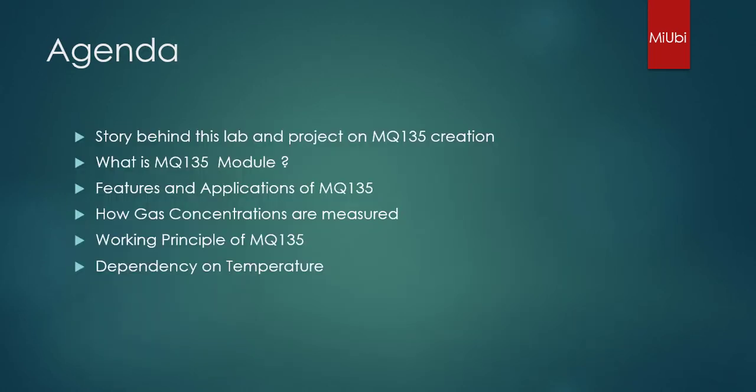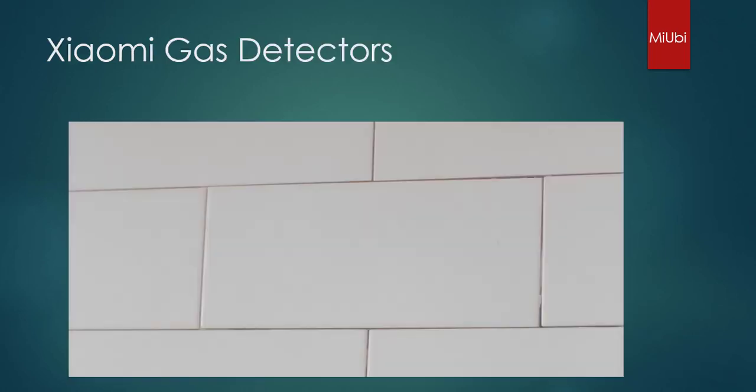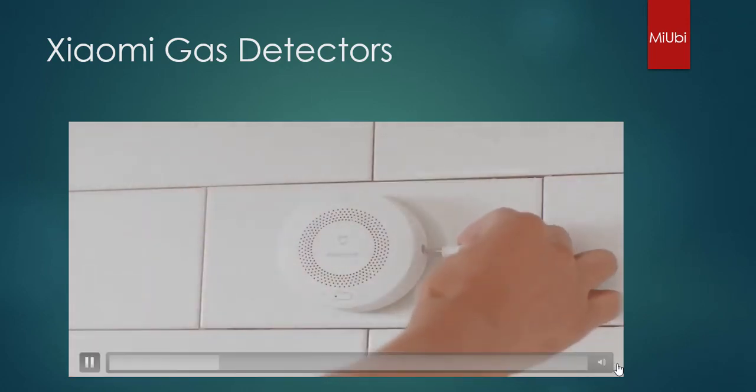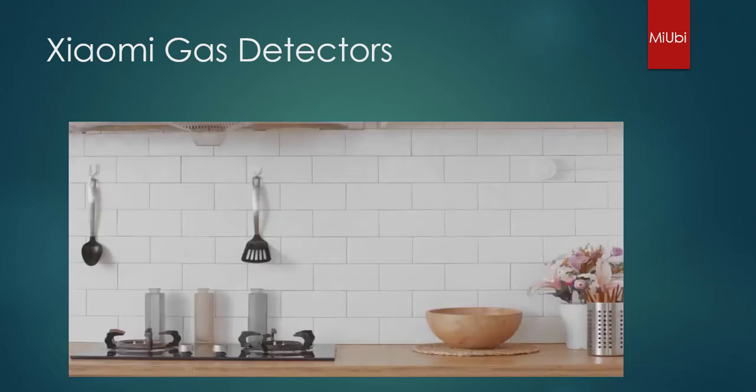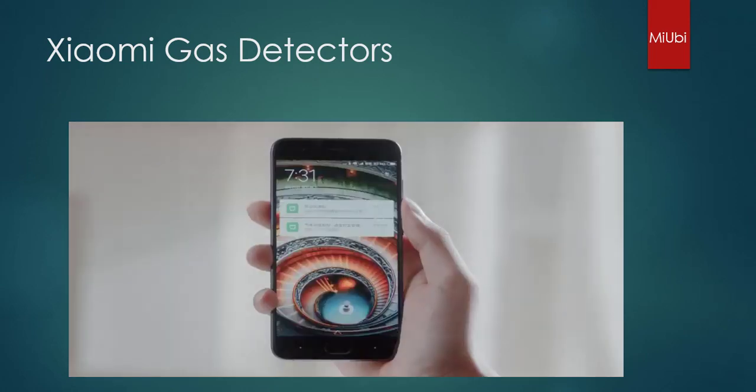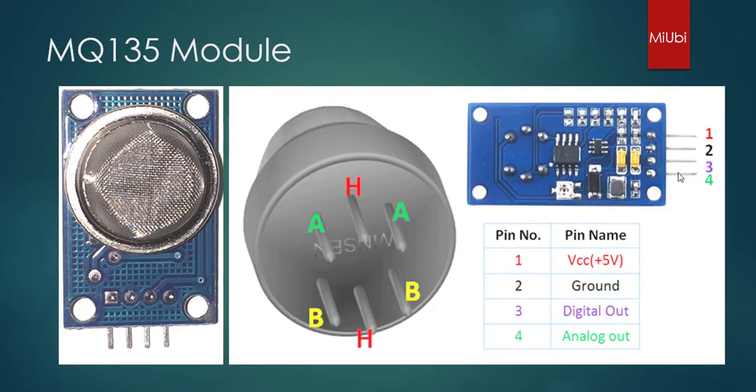If you ask me what is the story behind actually creating this lab, this Xiaomi gas detector, which I recently saw on one of their YouTube pages, is the inspiration, where they use it for raising alarms for any gas leakage. So I just thought, why don't we create one gas detector which gives out push notifications? So we are going to create a similar thing here. In the project we are going to create a push notification, and before that we have to learn what this MQ135 sensor is, and then we'll move on to create a push notification using Pushbullet.